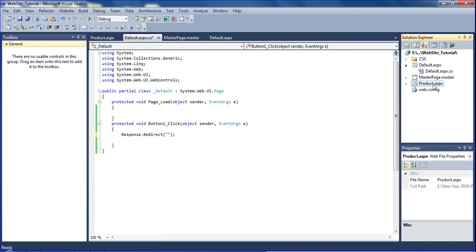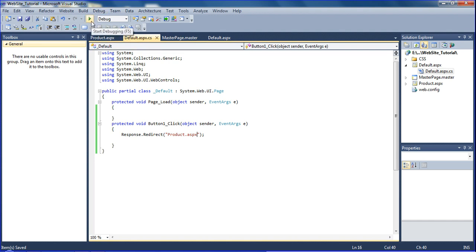Okay, so just copy this name, product page, Control C, and then come here and Control V. Okay, Control S. Now I am going to run it. Control F5. So this is the default page, now open here.